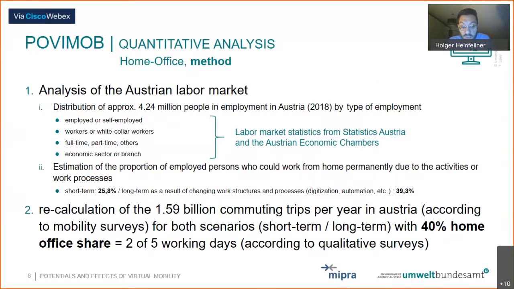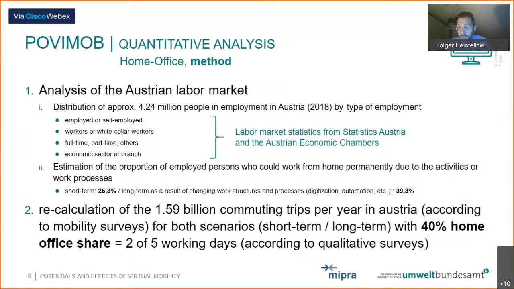Coming to the quantitative work, I would like to start with a very brief glimpse on the method on the analysis of the potentials of home office. We conducted an analysis of the Austrian labor market, distributing the 4.24 million in employment in Austria to different forms of employment, to different economic sectors, branches, and so on. And we came to the conclusion that on short term, around 1/4 of all people in employment in Austria could potentially